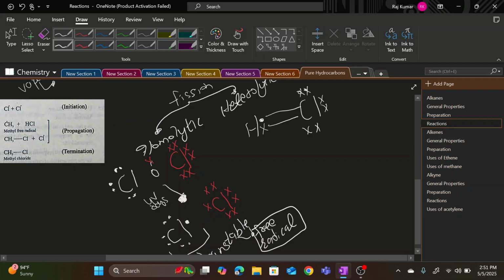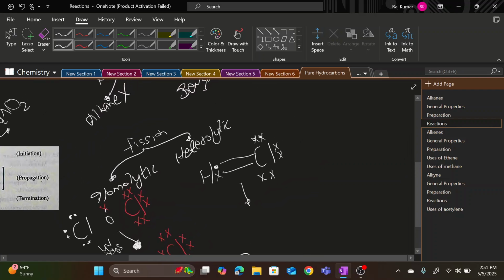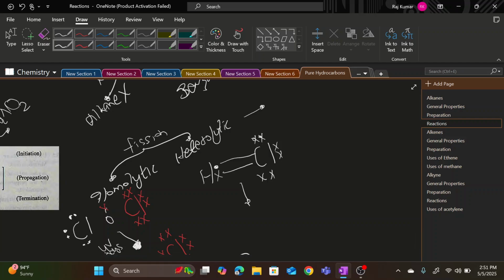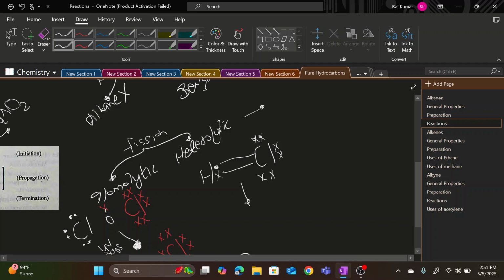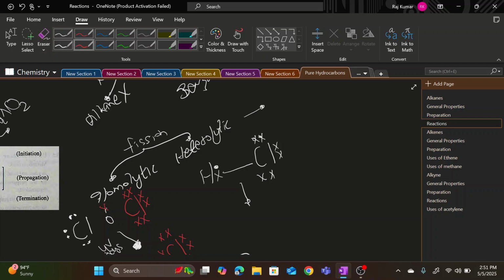So this is hydrogen chloride. Now, if I just take heterolytic fission, it is basically the conventional bond breakage. The bond breakage which usually happens in the breakage of a covalent bond, in the breakage of an ionic bond, is the heterolytic fission. Now, this is a conventional bond. There is nothing special in it. It's a simple covalent bond, right? It's a polar covalent bond actually.